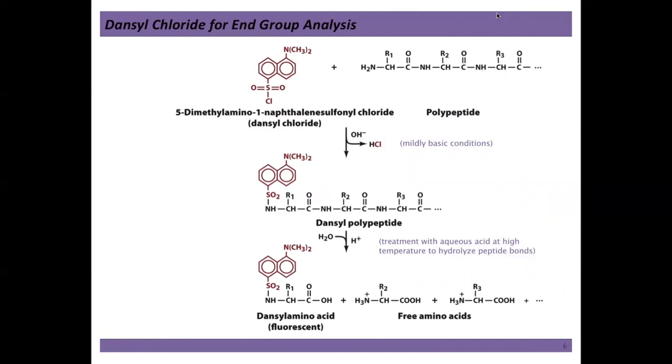So another way to determine the amino acid is by just modifying the N-terminus. You can use a fluorescent dye such as dansyl chloride here, and you would react it under mildly basic conditions. And then after treating it with aqueous acid at high temperatures, you would hydrolyze those peptide bonds. So you could actually isolate this fluorescent fragment, and that would tell you which amino acid was